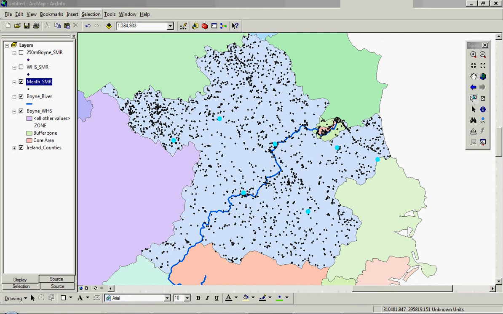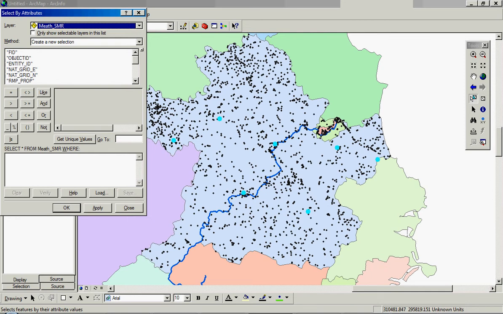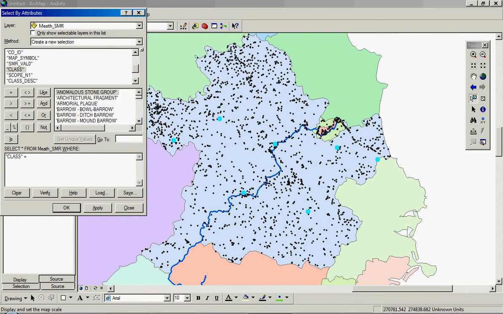If we click on selection again, instead of going to select by location, we're going to go to select by attributes, and we're given this quite familiar window, which is quite similar to the select by location window. Now we want to select from layer SMR sites, which is correct. We want to create a new selection where the class equals, and if we click here on get unique values, the GIS will look at the class column and bring back all the different values, which will come in here. So what we want to do is select class equals